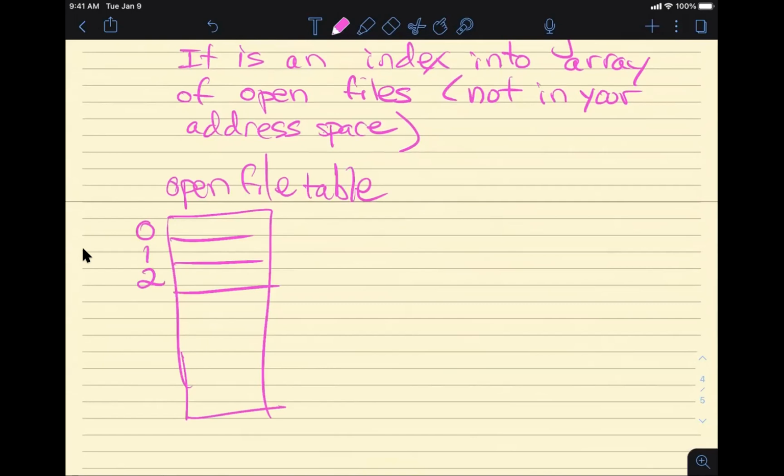No. Is it the command line? Now I use the C++ names. So by default, when a process starts up, there will be 3 entries in the open file table that are already representing open files. So file descriptor 0 refers to